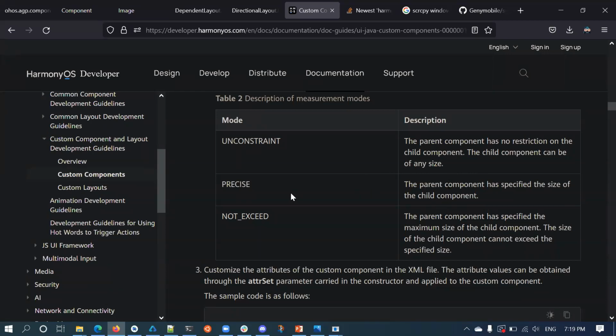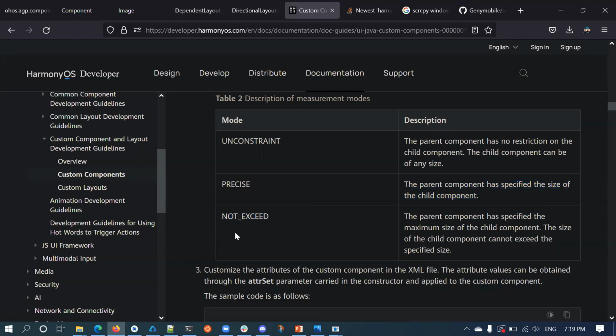I will take an example. Suppose you are setting some constant like 200. Earlier I set 200 cross 200 width and height. You will get a precise constraint from the parent. It will say the child should use 200 and 200 only, when we set fixed width. Suppose I am setting match content, right? That time it will say not exceed.